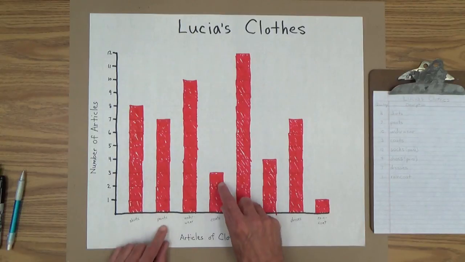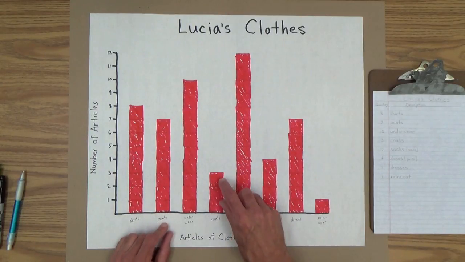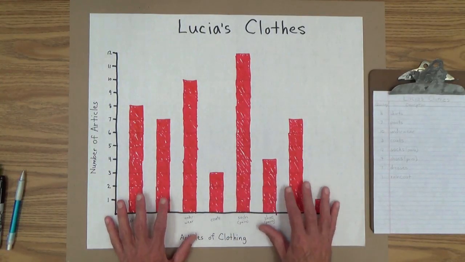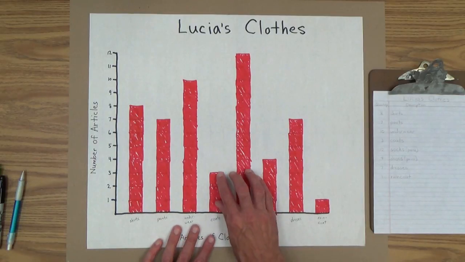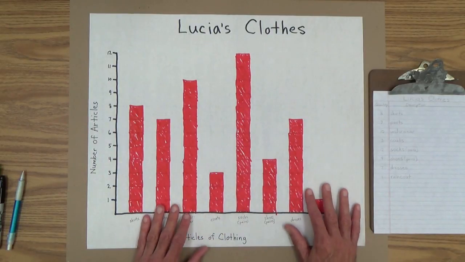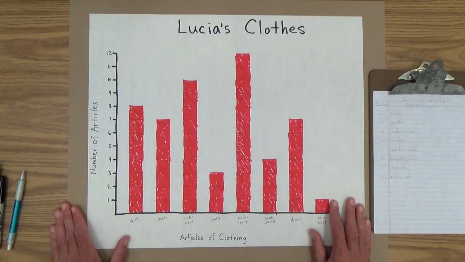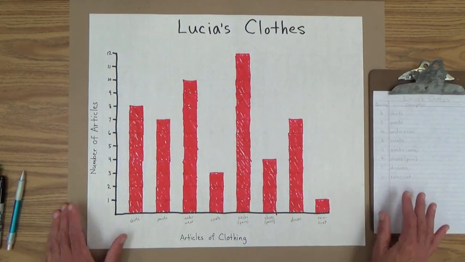And yes, he or she has 3 coats. In this case, we're talking about Lucia. Lucia has 3 coats, so that's how you read the graph. But once you're finished, of course,